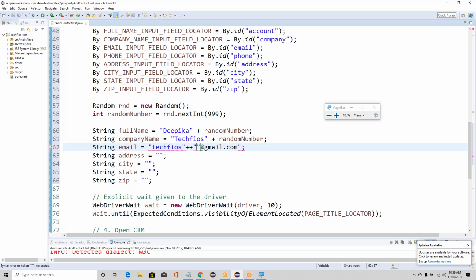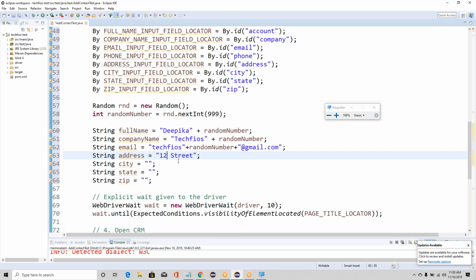Bad thing is it added one extra quote right there, so you gotta delete that. And then inside in here, we can put that. You copy this. Same thing, address 123 street, and